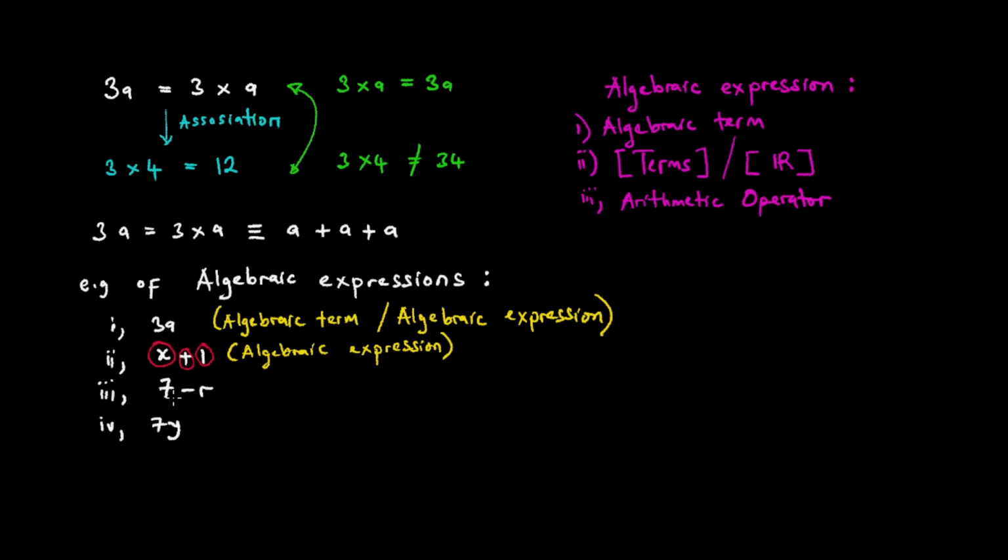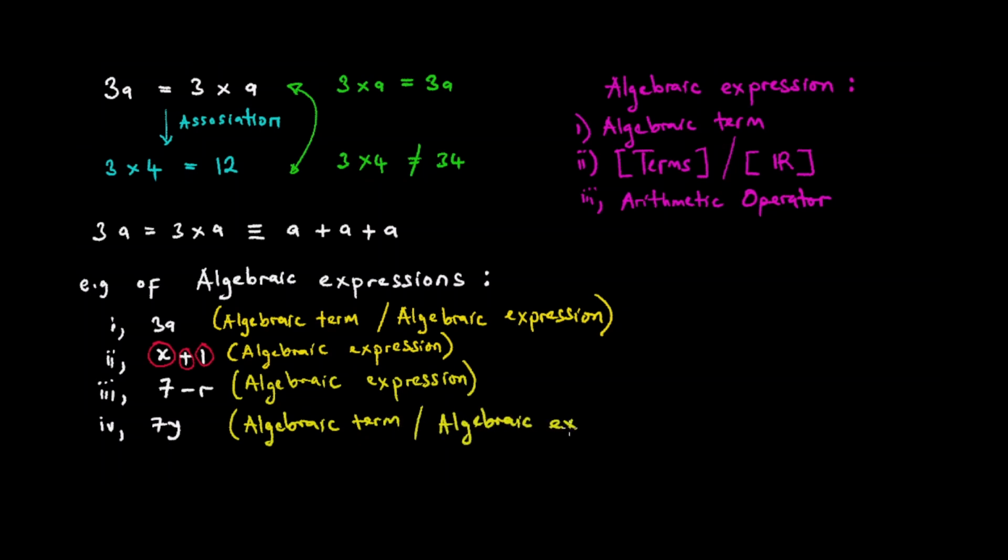Ndo zvaitika futi panapa, which also informs this algebraic expression. But of course 7y techitichi, you can call it an algebraic term, that's more accurate, kana kuti you can just call it an algebraic expression